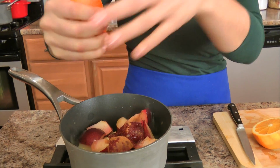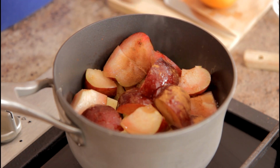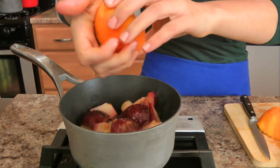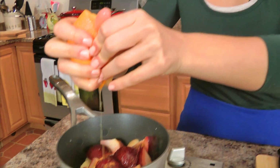This fruit sauce or compote or stewed fruit, whatever you want to call it, is delicious on anything from ice cream to frozen yogurt to top waffles or pancakes, you name it, French toast. It would be delicious, but it's going to be delicious today on the rice pudding. So, squeezing my orange. I left the peel on the plums just because it doesn't really bother me. It's not as tough as, say, the peel from the apple,